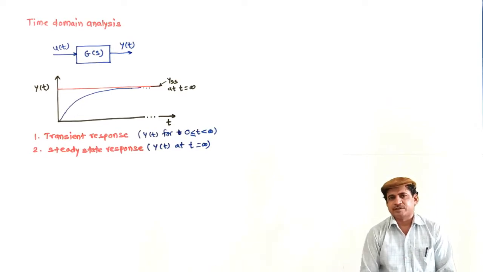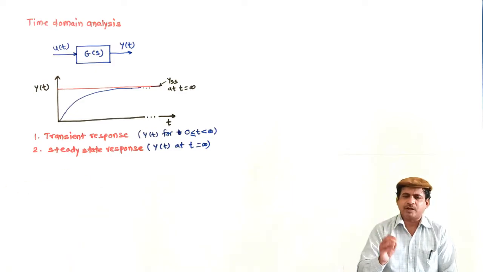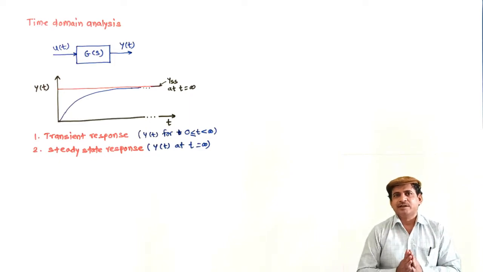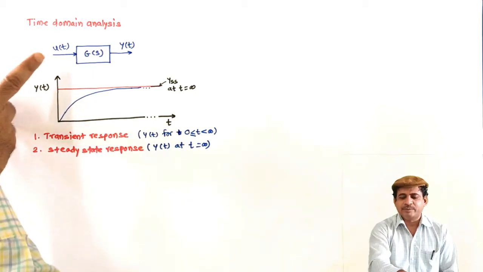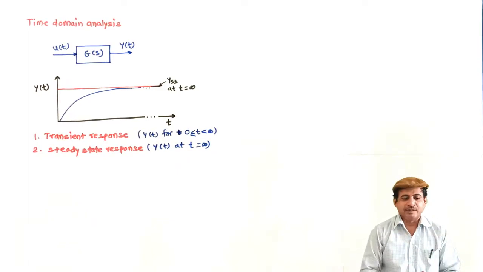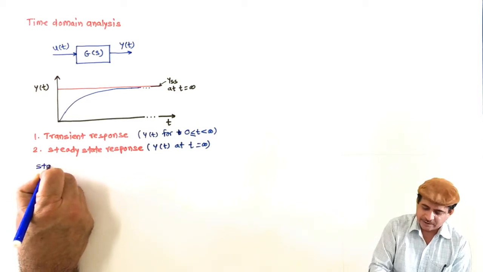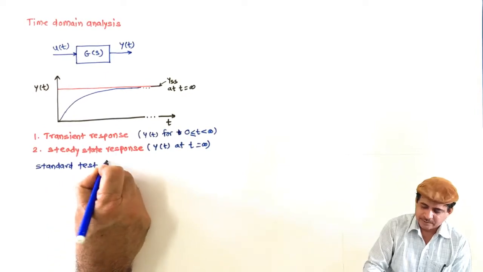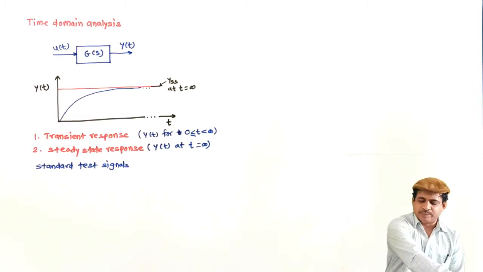So in a series of lectures, say 4 to 5 lectures, we will discuss this. We will solve a number of numerical examples, and we will perform the transient analysis and steady state analysis. This is very important with reference to design of control system. Now, how to get this? What can be this input? Input can be anything. However, there are certain standard test signals, and they have close resemblance with the real time phenomena.